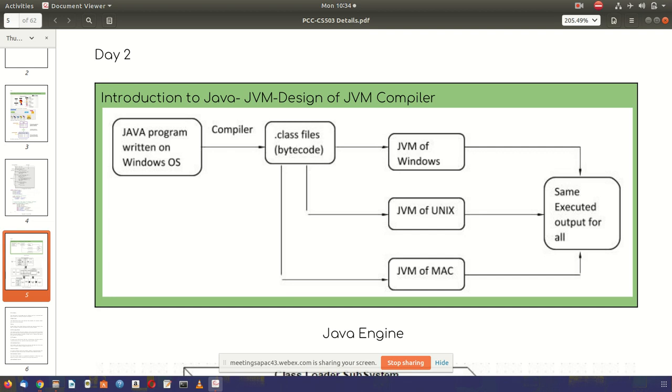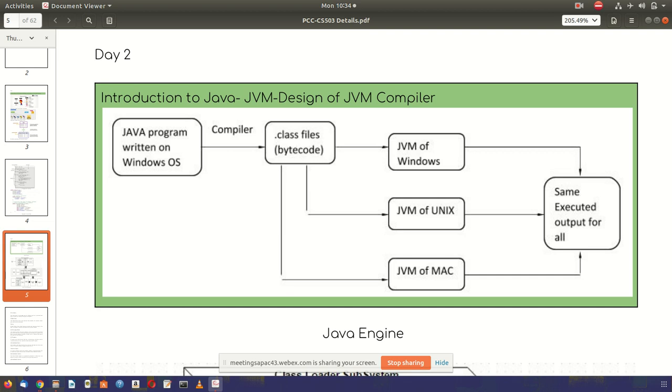Similarly, you have seen some aeroplanes that can land on water, but not all aeroplanes can land on water. Some can land on water, some can land on land. So Java is also a hybrid.